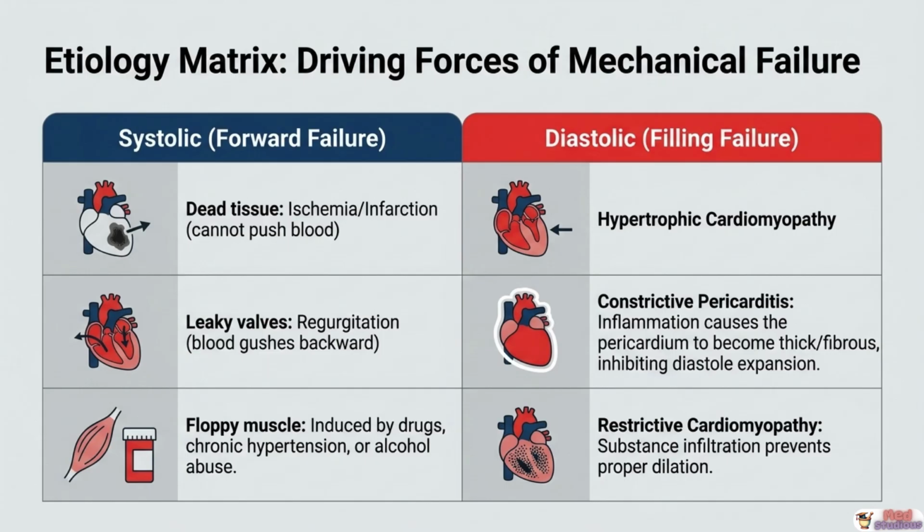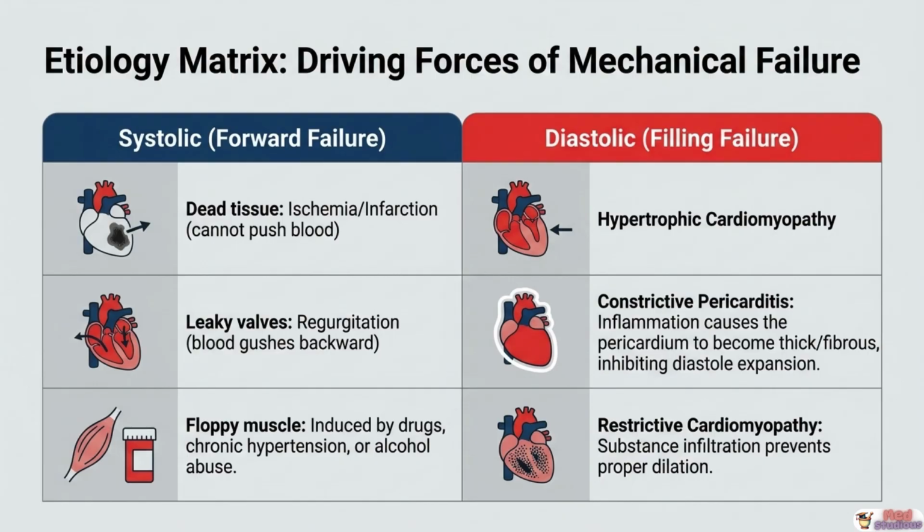The second is leaky valves, specifically regurgitant valve disease. In mitral or aortic regurgitation, a significant fraction of the stroke volume is ejected backward through the incompetent valve rather than forward into the aorta, creating chronic volume overload that progressively dilates and weakens the ventricle. The third is floppy muscle, dilated cardiomyopathy induced by cardiotoxic drugs, including chemotherapy agents like doxorubicin, alcohol-induced cardiomyopathy, chronic uncontrolled